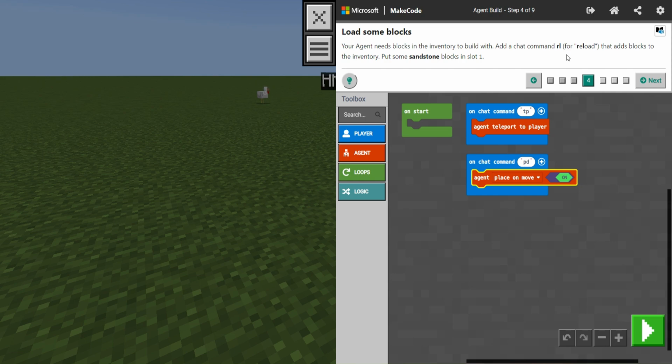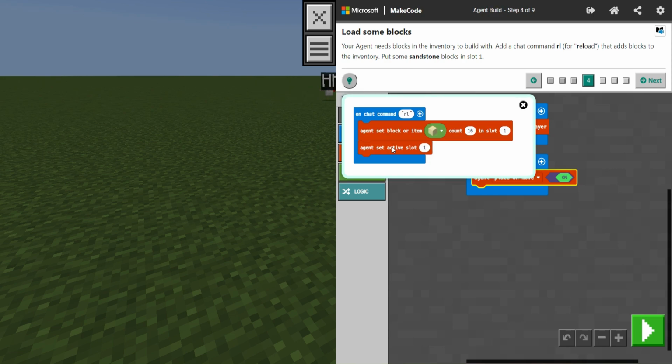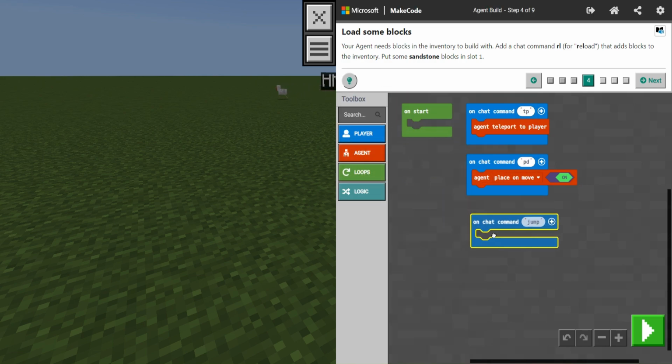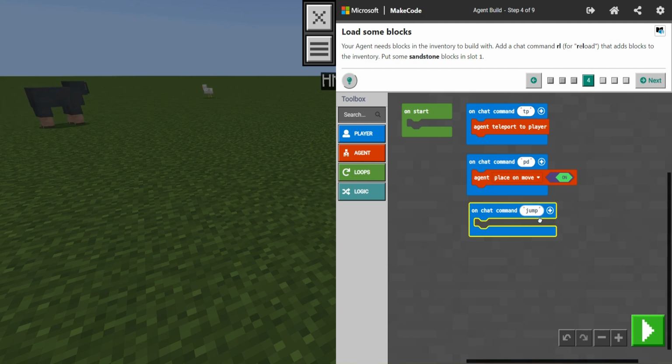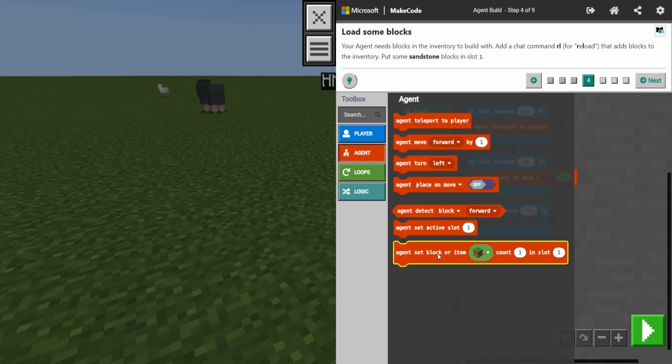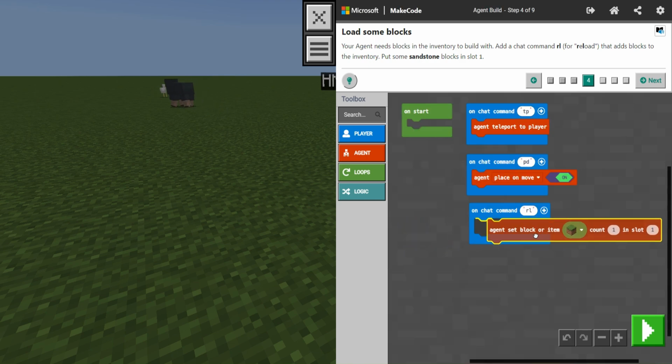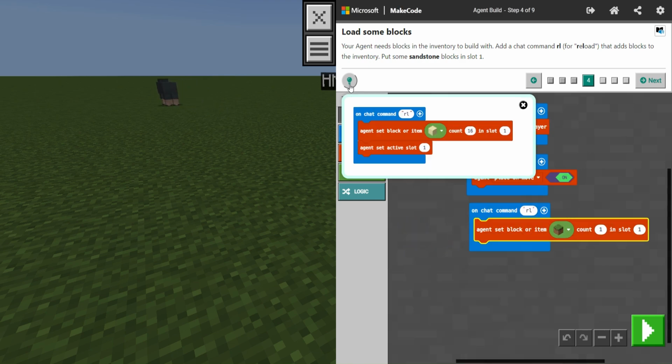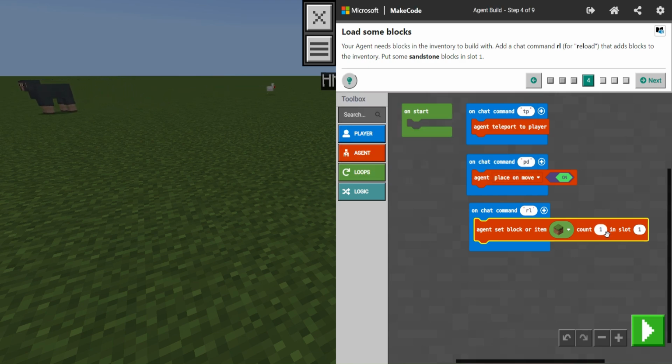So add a chat command RL for reload that adds blocks to the inventory and put some sandstone blocks in slot 1. All right, so this looks like what we're going to have to add in on our commands here. So we'll go ahead and get started with that. I need the on chat command. I'm going to rename it RL for reload. I'm going to bring this red block that says agent set block item. And if I recall, it said count is 16 in slot 1. Okay, so 16